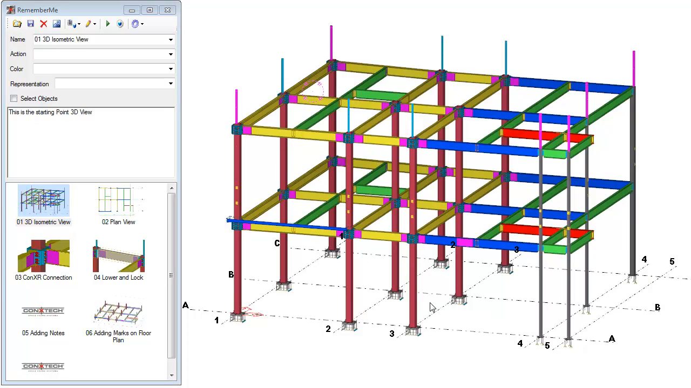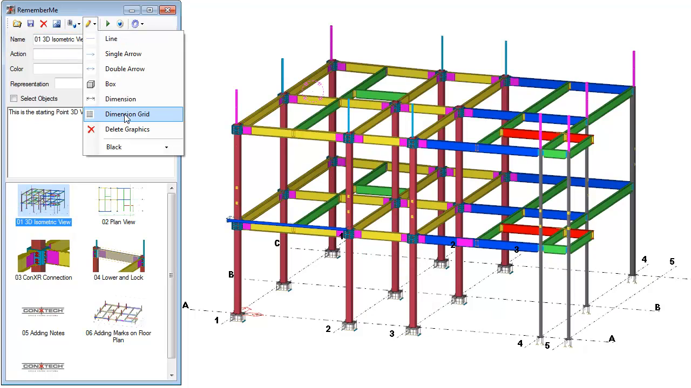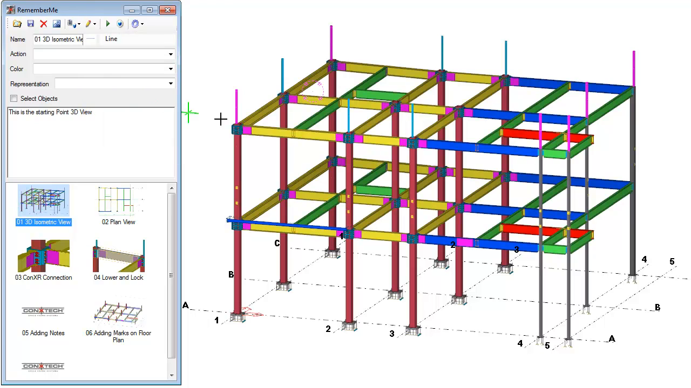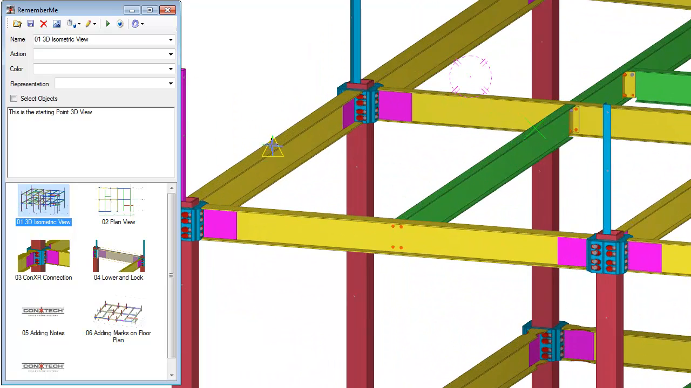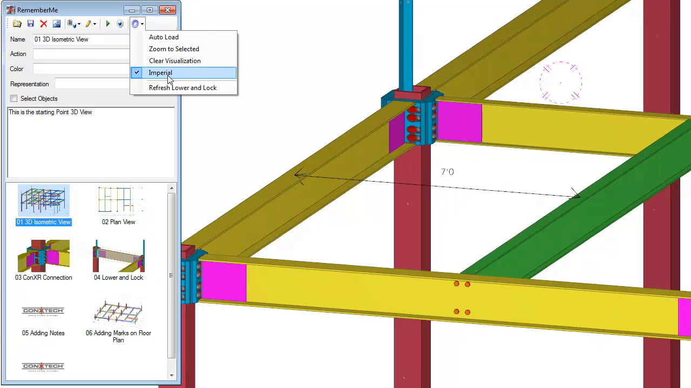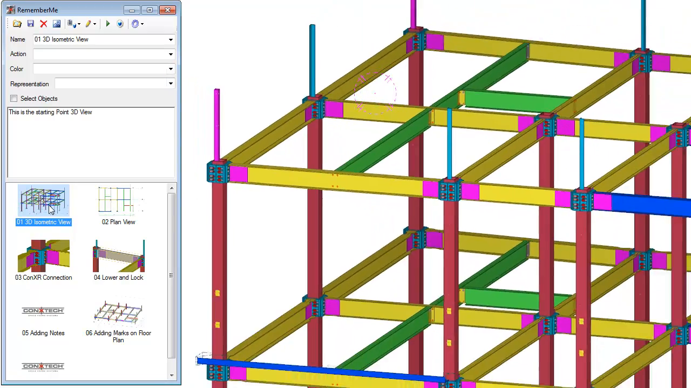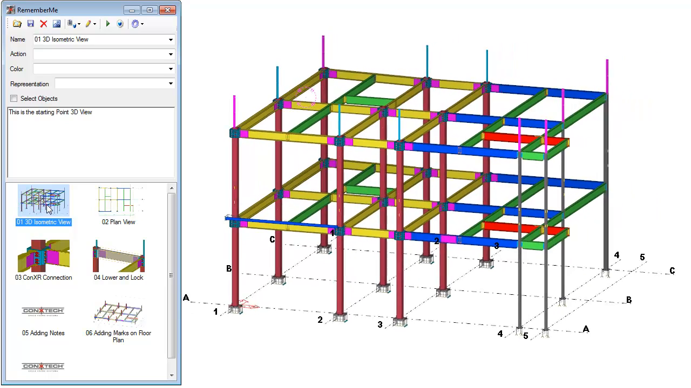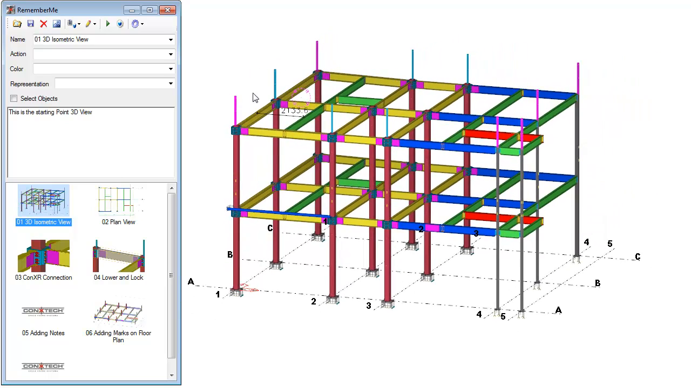Alright, so there are the grids, and the next functionality is individual dimensions. Let's select the dimension option here. We can zoom in and we're prompted to pick any two points in the model, and there you can see I've got my 7-foot dimension, and it places that dimension line exactly between the points that you pick. Now let's say that you want to display that dimension in metric. You can come up here to the options menu and uncheck imperial, and then if I reload this, it's going to redraw that dimension once the view loads,